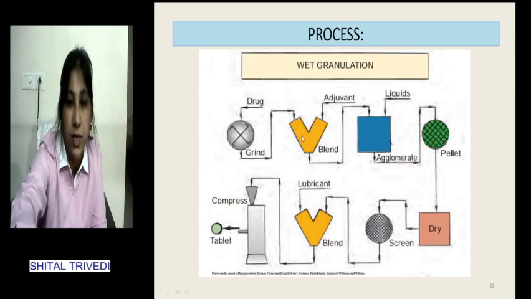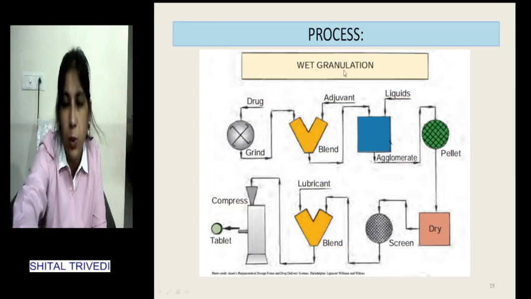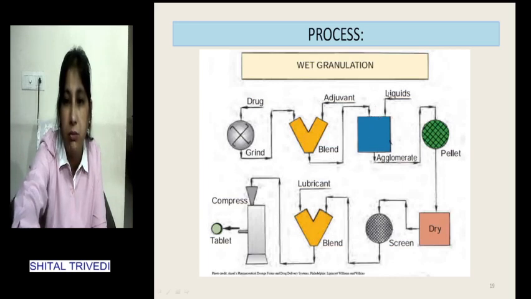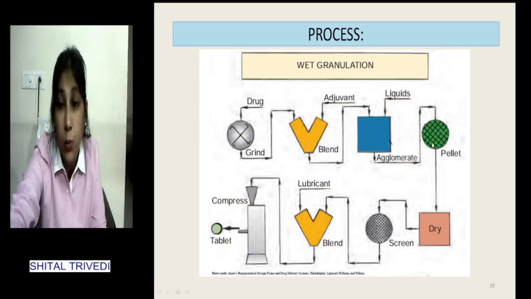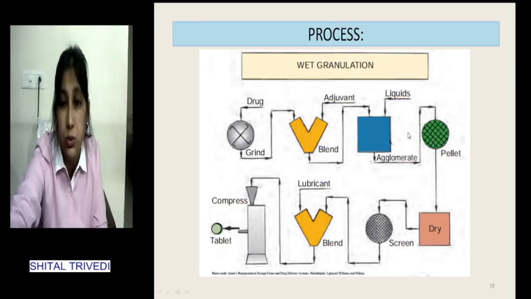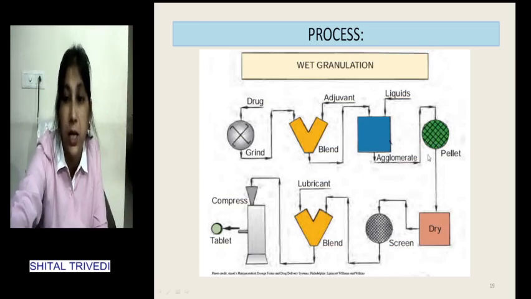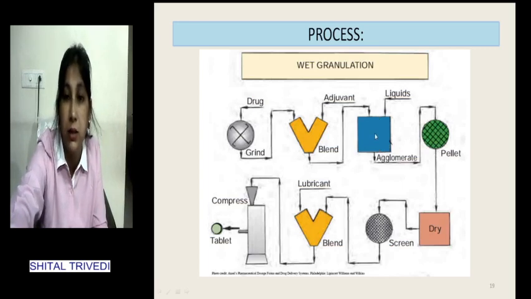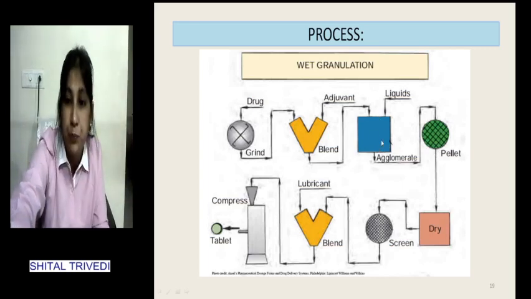Here in this diagram we can see the initial weighing and grinding if required, then the blending of the dry material, and then the very unique step involved in wet granulation, which is wet mixing, that is called wet massing, and wet screening, that is the granulation step. Traditionally these two steps were performed separately, but nowadays advanced equipment is available so that both steps can be done together in one equipment in one step.